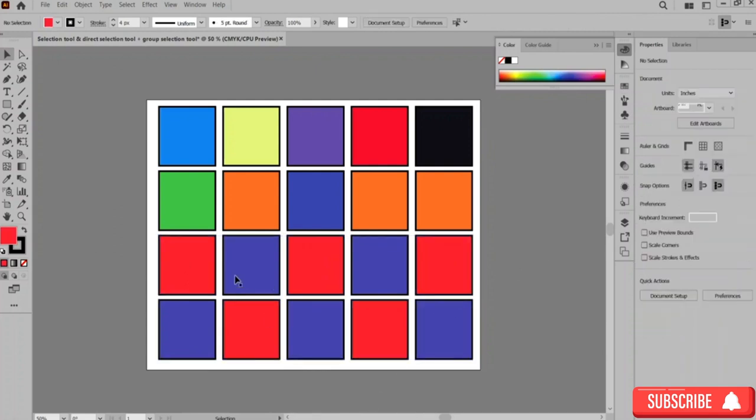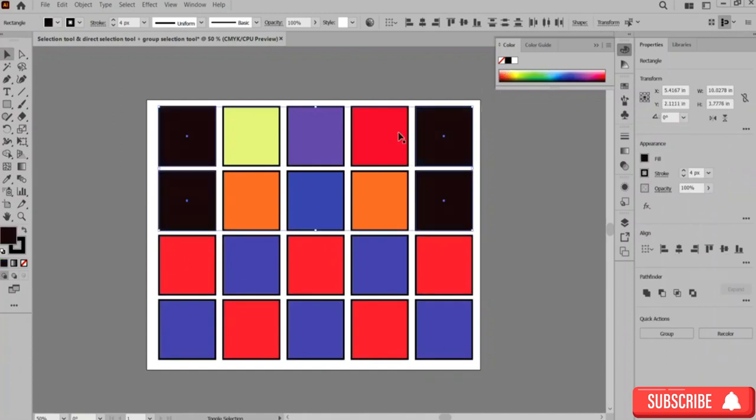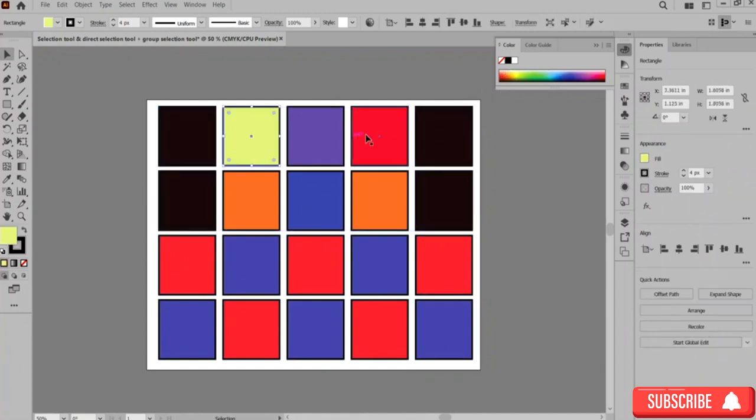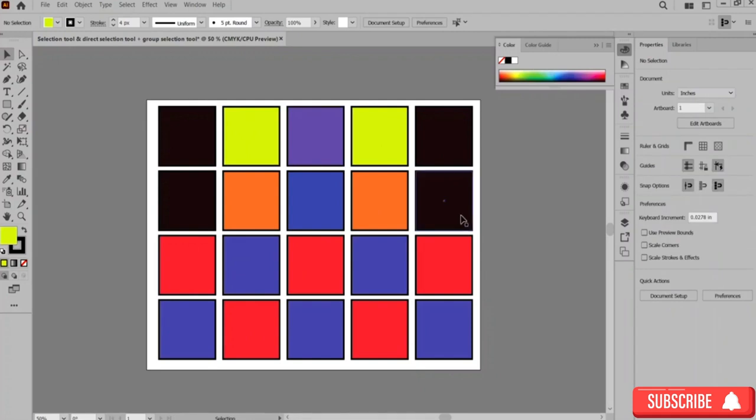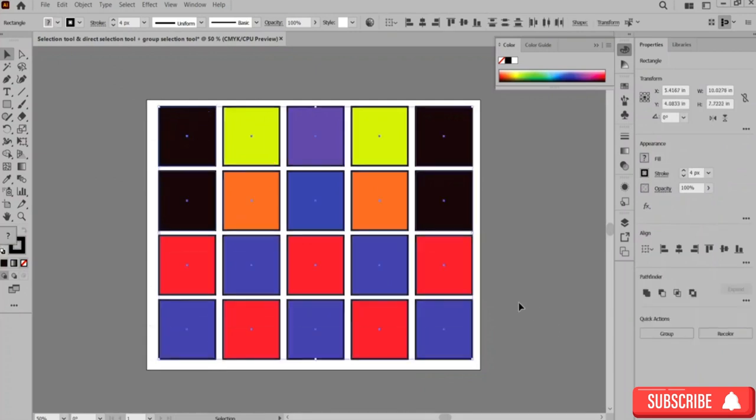Now you can see this is what it looks like. Okay, all right, so this is how you use the selection tool. Okay, and afterwards let's delete all of this and I'll show you how to basically,